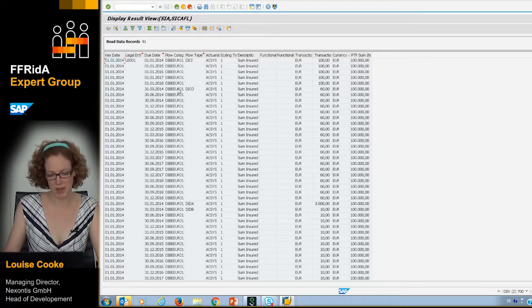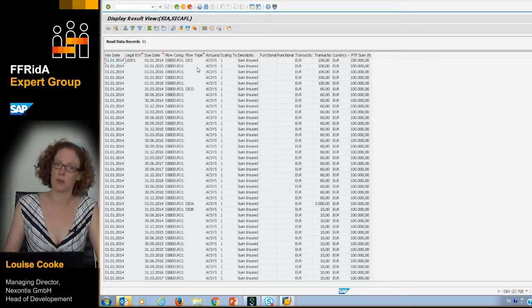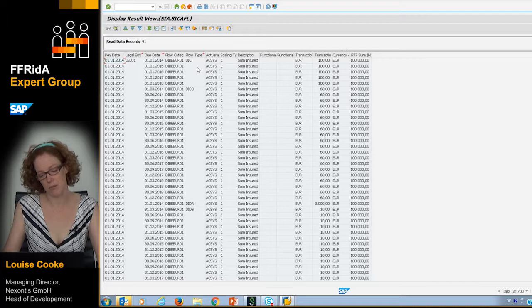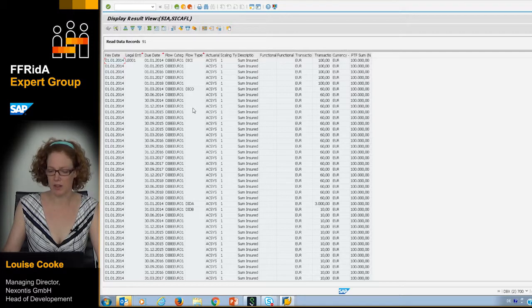It is possible to provide variations on this. And another important one is then the flow type. So what type of cash flow am I looking at? Do I have a cash inflow? Do I have a cash outflow? Is it a premium or is it a claim? This is the information contained here. On the right-hand side, we also see the information about the amount. So at this point in time, we have an amount of 100 euros recorded in the projection.